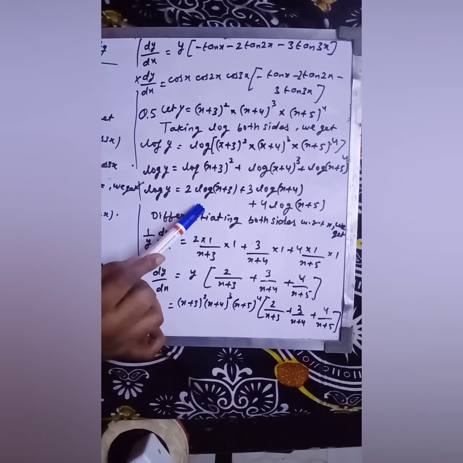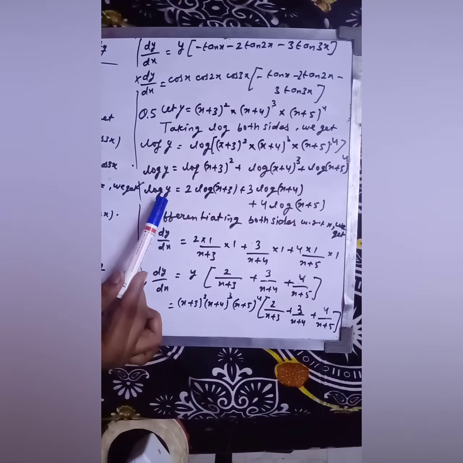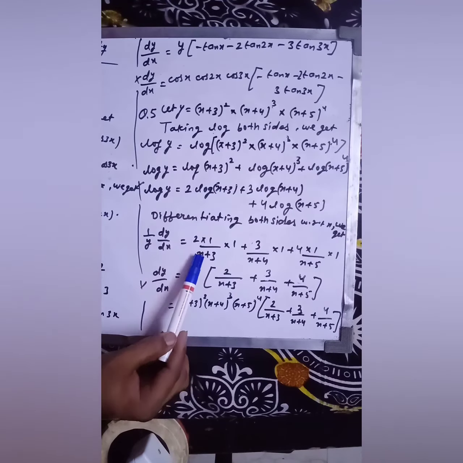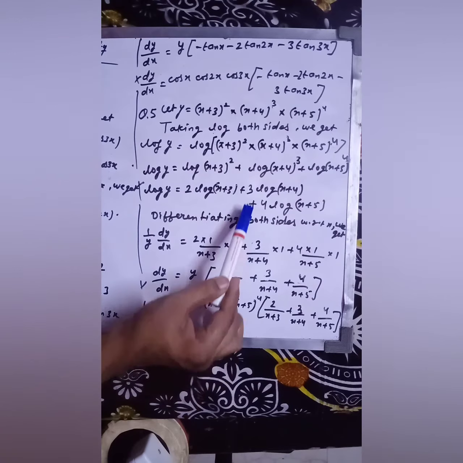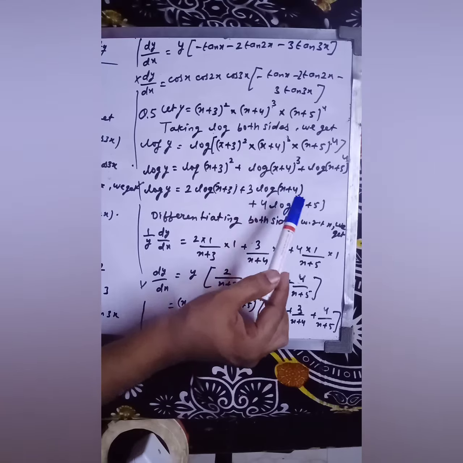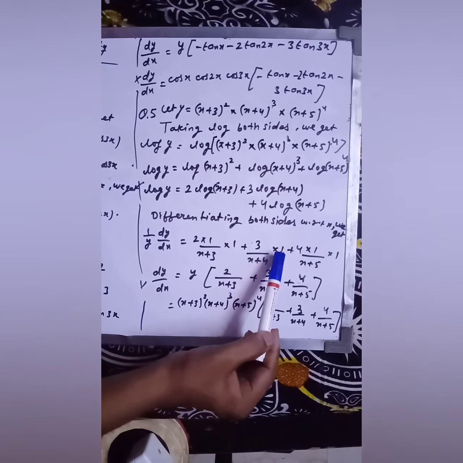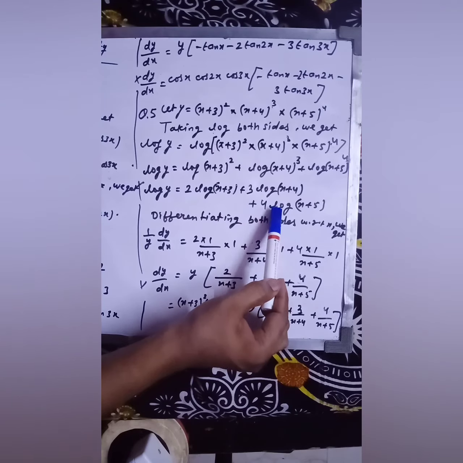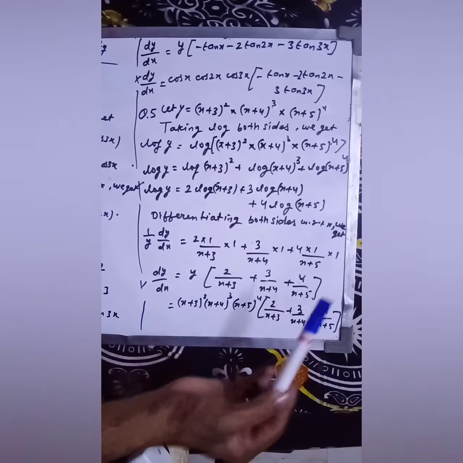Now we can see that if we differentiate it, we will get the value. So we are differentiating both sides with respect to x. So this is log y, so you can write 1 by y dy by dx. 2 log this, so 1 by (x+3), and derivative of x+3 is 1. Plus 3 will remain the same. It is log (x+4). The derivative of log (x+4) will be 1 by (x+4), and then the derivative of x+4 is 1. Plus 4 will remain the same. And derivative of log (x+5) is 1 by (x+5), and then derivative of x+5 is 1.